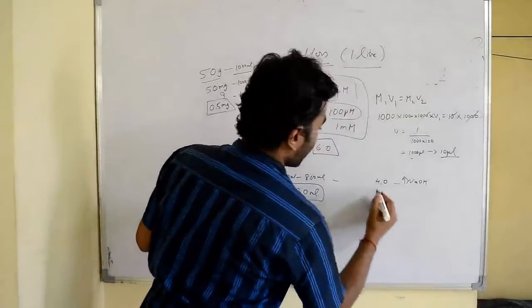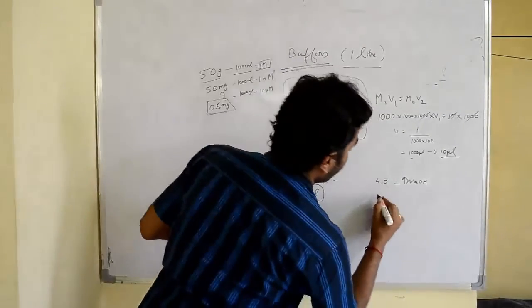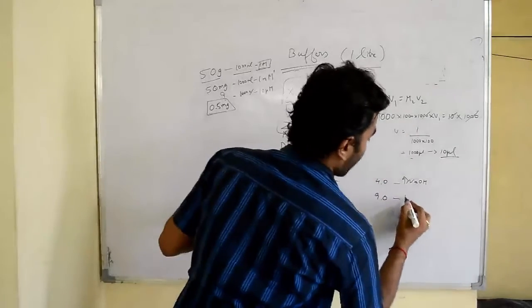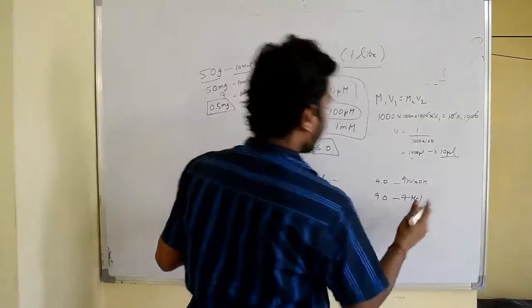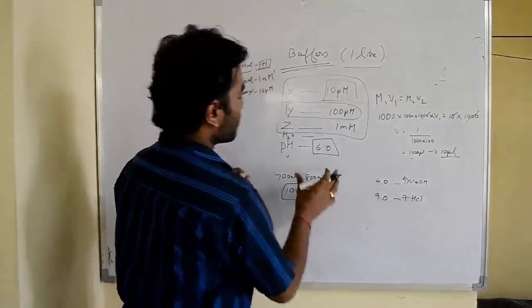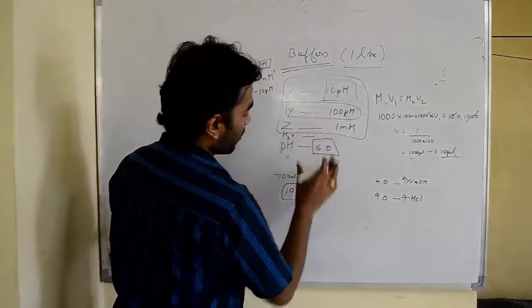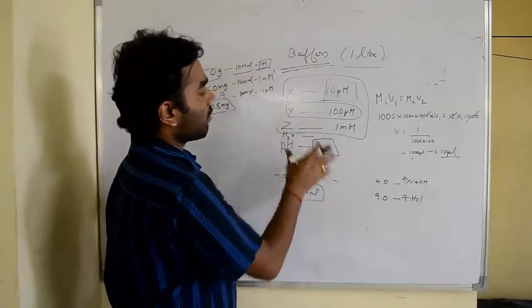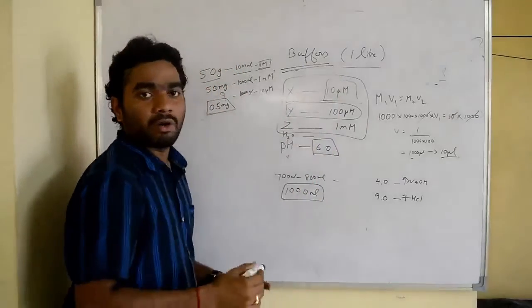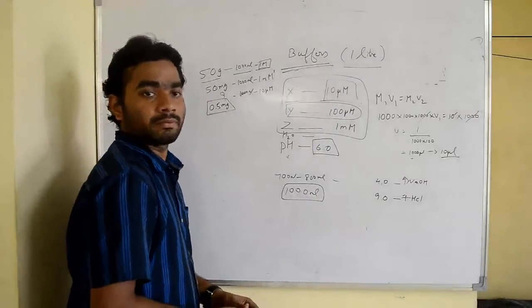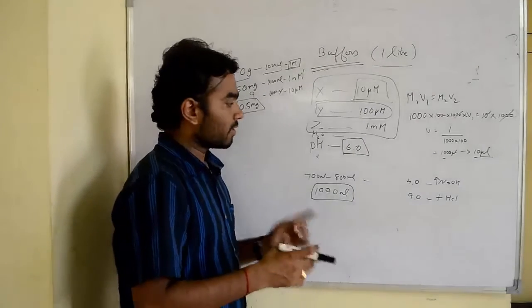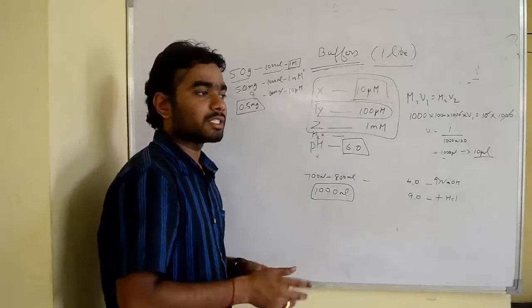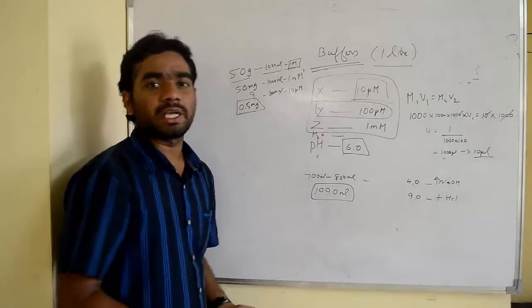If, after adding these 3 components, you get a pH of 9 for example, then you have to bring it to 6. So you have to add HCl. So this is how you have to set the pH and then make up to the 1000 ml, and then you get the final concentration of all the components in the buffer with the required quantity of 1 liter of the buffer. So this is how you have to prepare the concentrations of buffers or different molarity concentrations or different dosages and different percentage calculations.